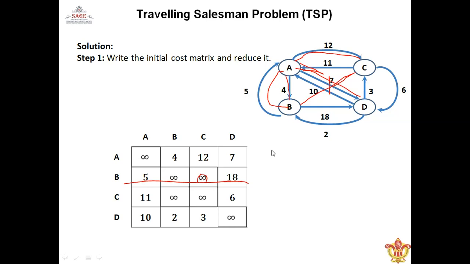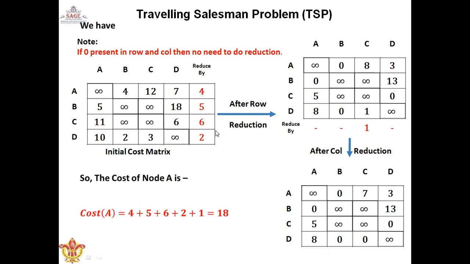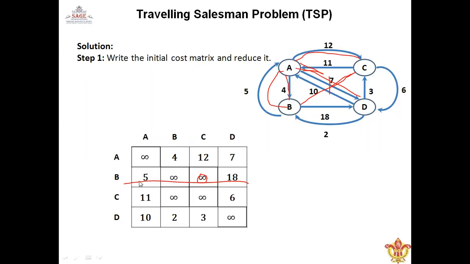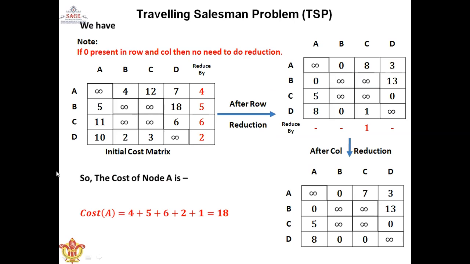Now what we'll have to do? We'll have to do reduction, column reduction and row reduction. So first of all, see how row reduction will be done. To do so we have this matrix, which is coming from the previous one. I have written this matrix here itself. In row reduction, we'll have to look at each row.